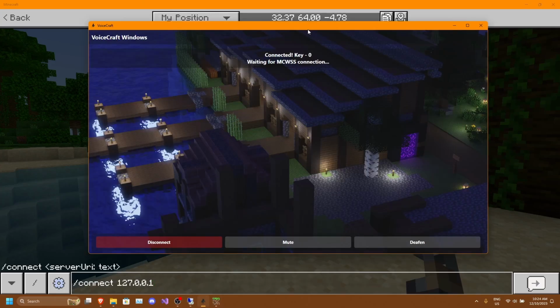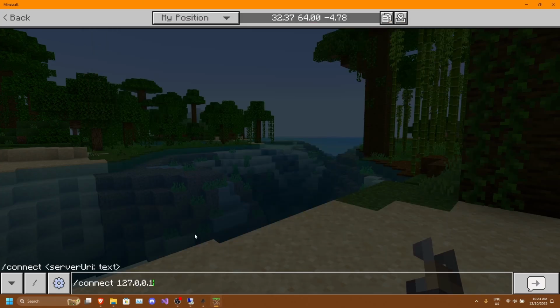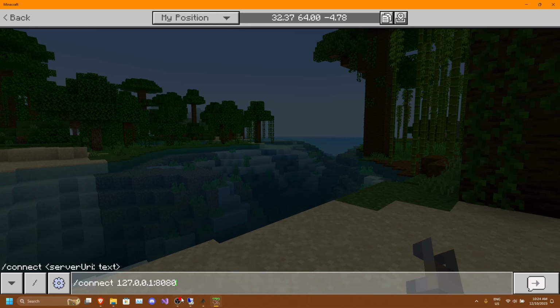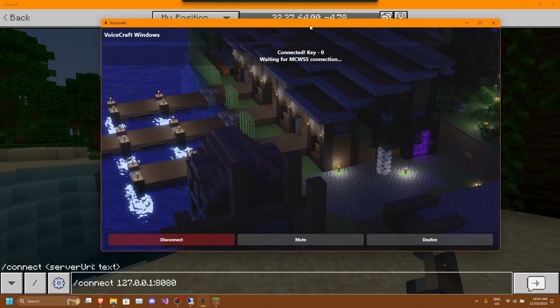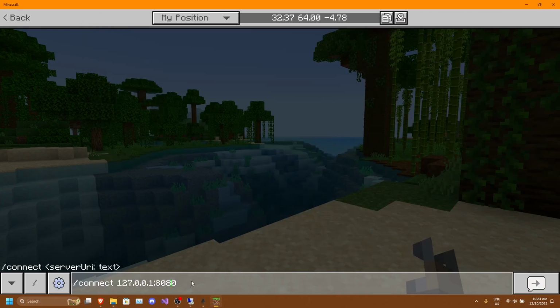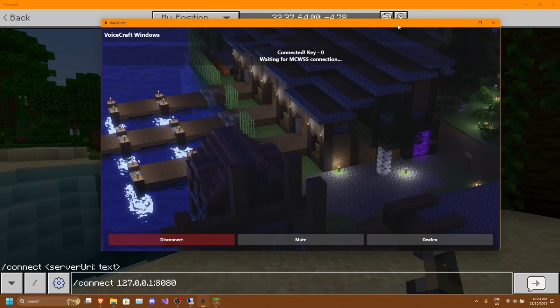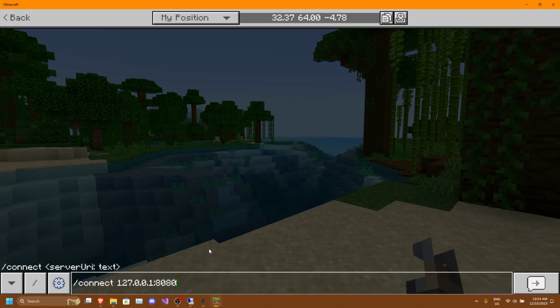Now, for the port, we need to type in a colon, then type in 8080. Now, if you haven't changed your port, it'll be by default 8080 for the VoiceCraft application. If you were to change this to something else in the VoiceCraft settings, then you would have to type in that port.